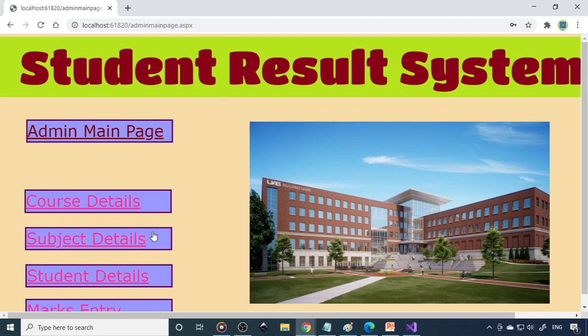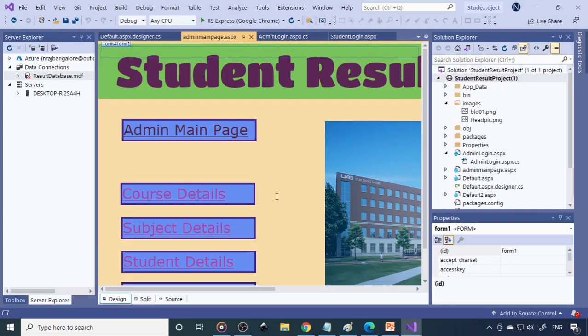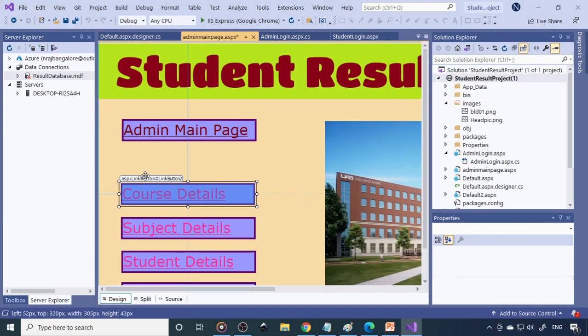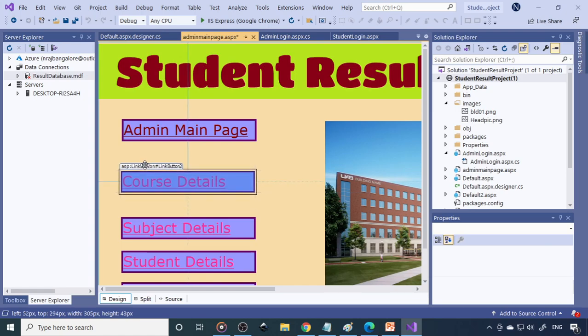What you can do is bring them a little bit up, and on the main page itself they are all visible. So all this is done. We'll continue linking all these pages. We'll see today how we do this course detail, subject detail and the student details. Fine. So now what we'll do is take them a little up.